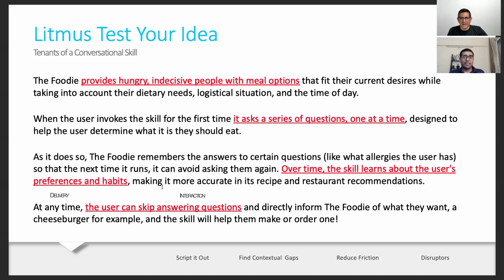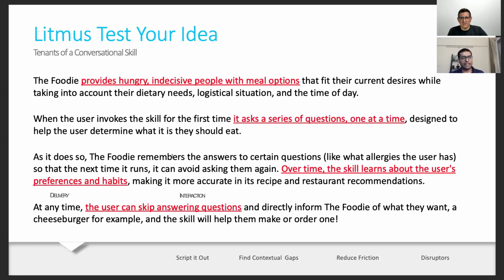So yeah, when you put these 4 things together, which is, is it conversational? Does it remember something about your user? Does it allow the user to speed through conversations that are not needed and directly achieve something, which could be for an advanced user scenario? And last but not the least, and the most important, does it solve a problem? So once you do all that litmus testing, you will get an idea that, hey, I think